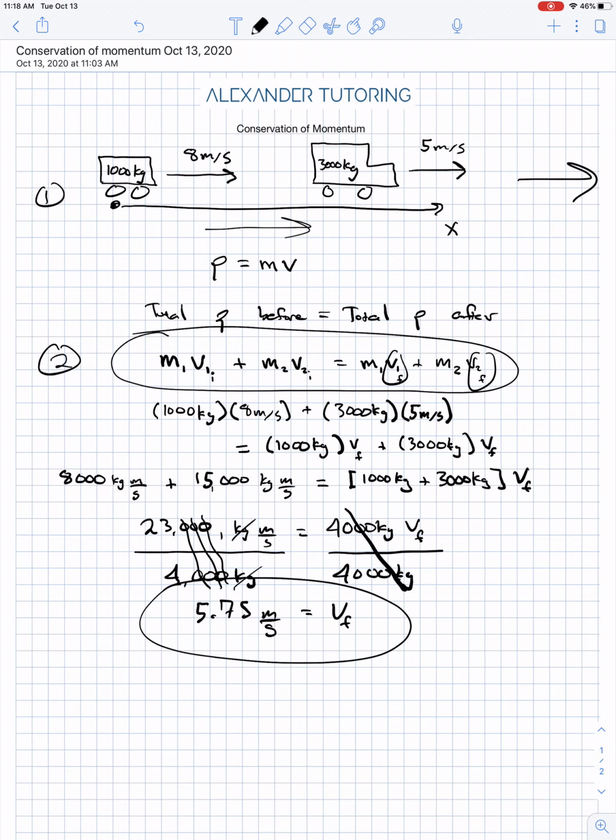And we got a magnitude of 5.75. Let's think about that. So the car is going at 8 meters per second, and it slams into the truck, which is going to be more difficult to move, going at 5 meters per second. So we expect the velocity of the combined car and truck to increase, which it has. We got 5.75. You'll notice that it didn't increase that much. Why? Because the mass of the truck is so much greater. Anyway, that's an example of a